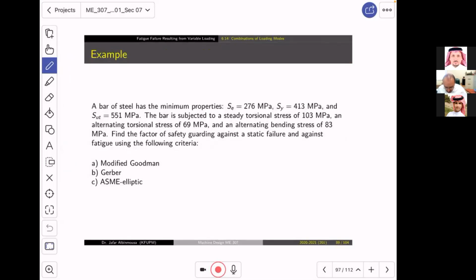A bar of steel has minimum properties. Now look, in this kind of problems, I think you know how to find the endurance limit. So what did I do? I gave you the endurance limit, the corrected one. This is the best gift you can get in a quiz or exam. I don't need to bother you. I don't want you to calculate it. But I want to remind you about one thing. This S_E